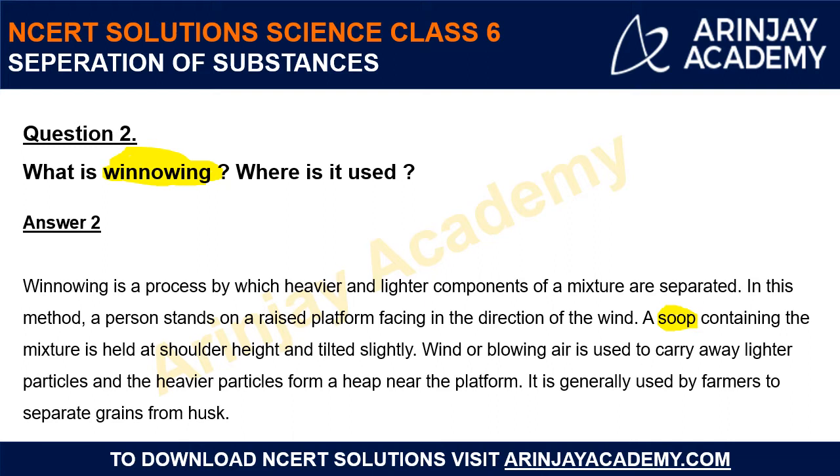So by this you get the heavier particles separated out from the mixture and the lighter particles will simply blow away with the wind. Now it is generally used by farmers. तो जो second part of question है that हम कहाँ use करते हैं and who uses this process. So farmers जो है बच्चों वो ये process को mainly use करते हैं to separate grain from husk. So जो हमने second example देखा था in previous question उनमें हमने देखा था that grains are required to be separated from husk. So in that case we can use winnowing because grains are heavy whereas husks are comparatively lighter in weight. So winnowing can be used in this particular process.